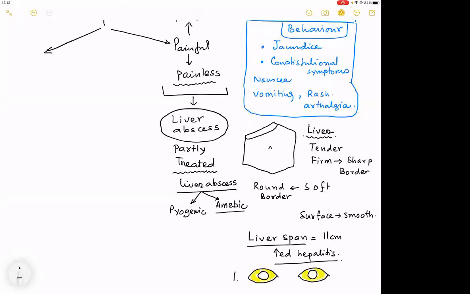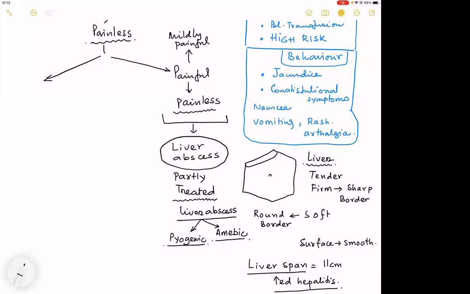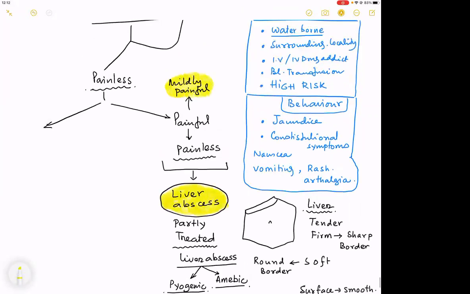We are not going to discuss this because this is a long case in medicine. This is unlikely to be given in surgery ever, but this is how you should tell your examiner that a liver abscess can be a painless lump when you see the patient, because this patient has received lots of antibiotics. Or in the real world, it is usually a mildly painful lump, not as painful as hepatitis, but it is usually a painful lump, particularly an amoebic liver abscess. Pyogenic is more painful.